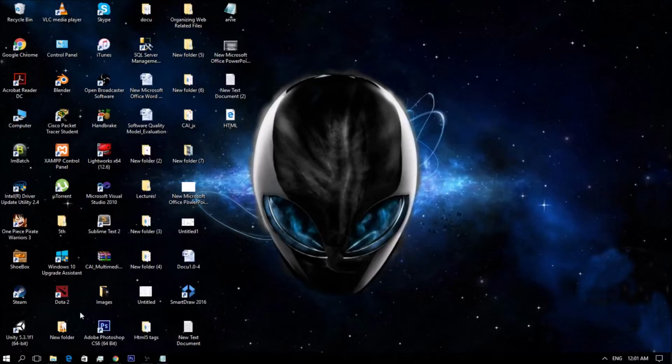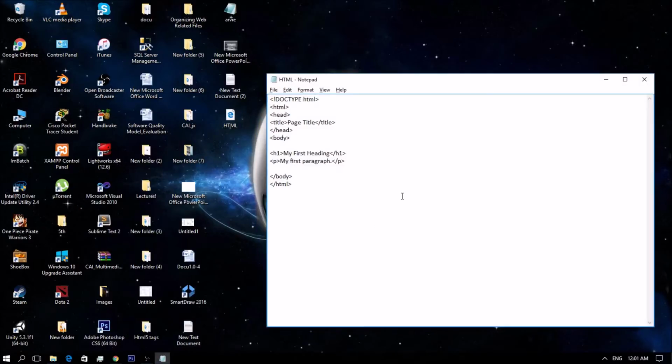So I have here a simple HTML document. The doctype HTML declaration defines this document to be HTML5. The HTML element is the root element of the page. The head element contains meta information about the document.